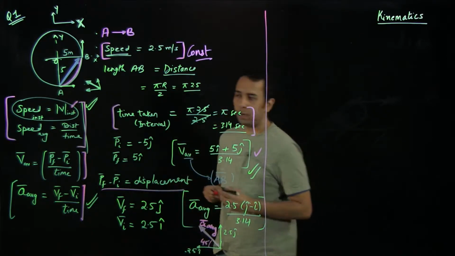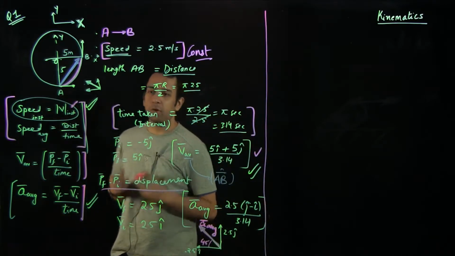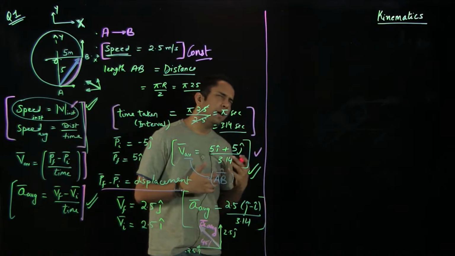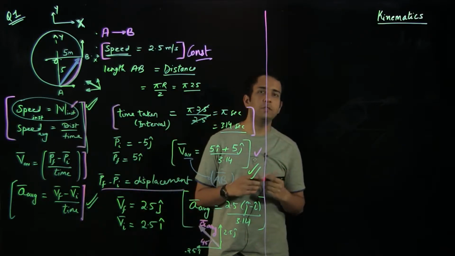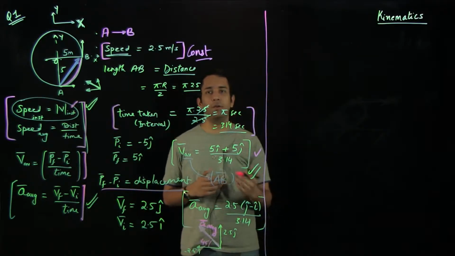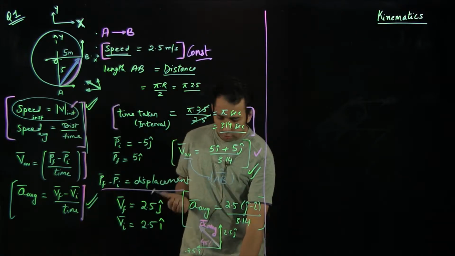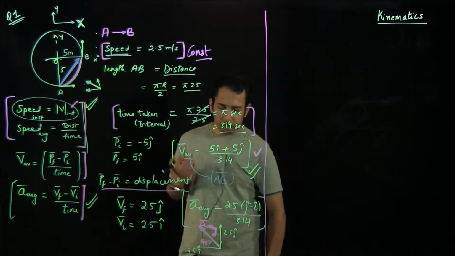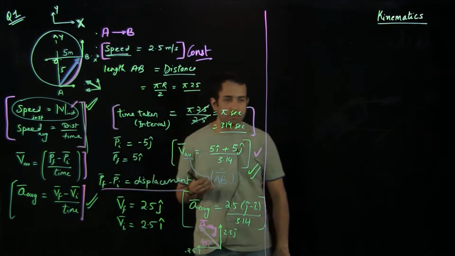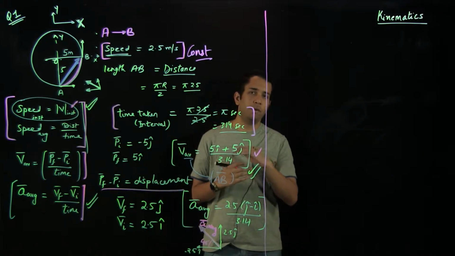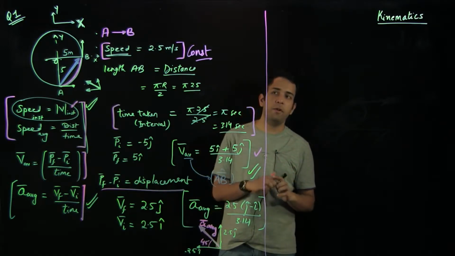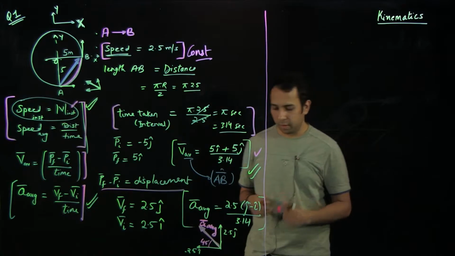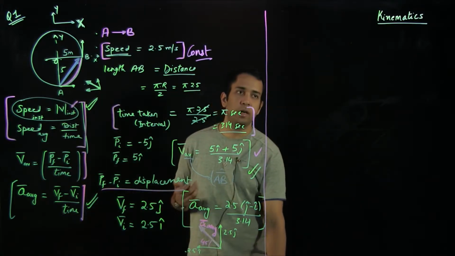So in previous videos we also discussed uniformly accelerated motion, in which we discussed the different equations we use to solve different problems. We'll be doing one small problem related to that, but earlier we were doing the problems in 1D motion in the x direction, and here we'll be doing it in the y direction, and we'll introduce the concept of gravity and how we consider the gravitational force and gravitational acceleration.